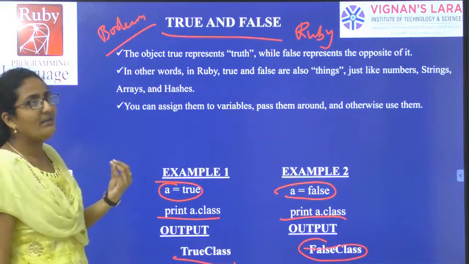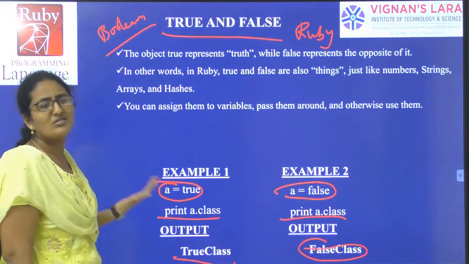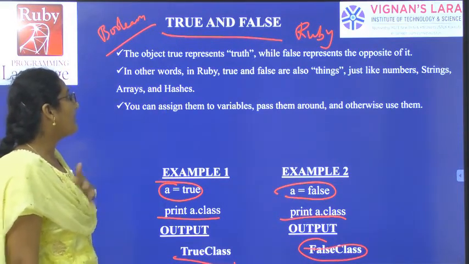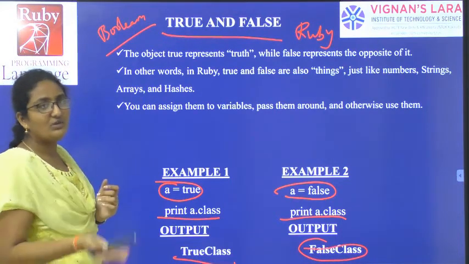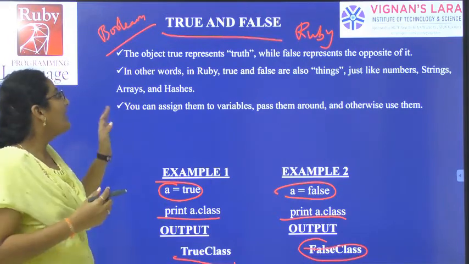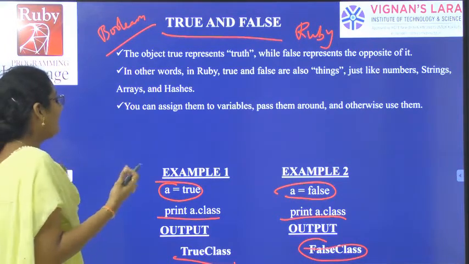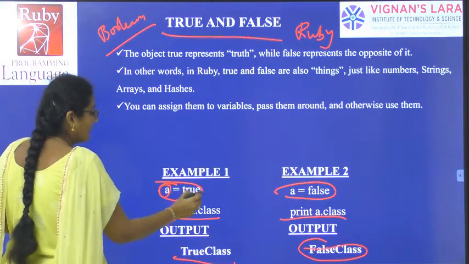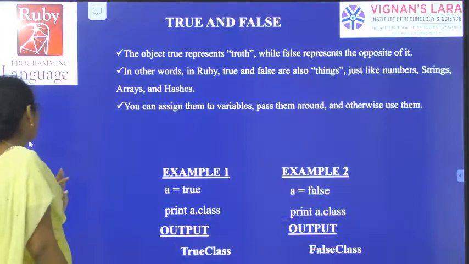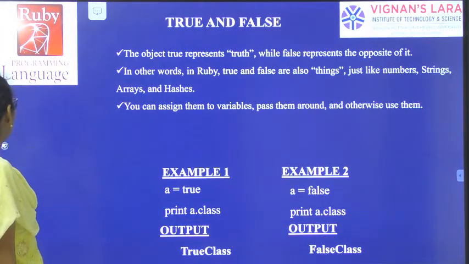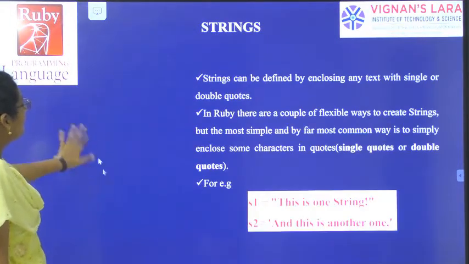So in any programming language we will have the boolean values. Boolean values are nothing but either 0 or 1 or true or false or yes or no. In the same way, in Ruby programming also we have a data type called true and false. What will it do? About numbers or strings or arrays or any object, it will tell you the truth value or false value. You will learn about classes further, but simply now, if you assign true to a variable, it will print the true class. If you assign false to a variable, it will print the false class. So this is the second type of data type.